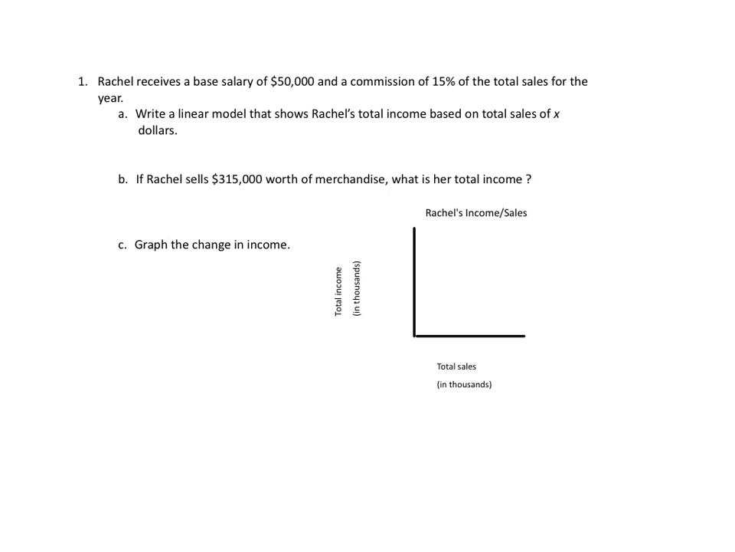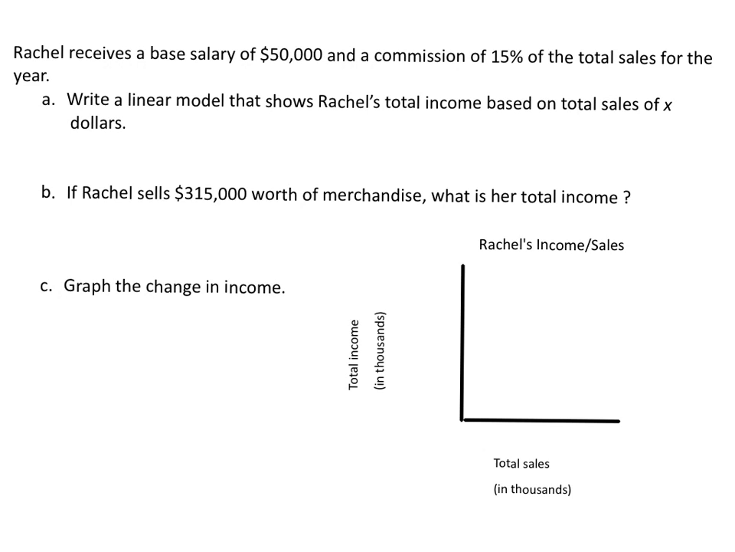So let's look here with our equation. We have that she earns a base salary of $50,000, so that's what she receives no matter what. Then she receives a commission of 15% of the total sales. So that means of the total amount of sales that she sells, she earns 15% of that. So for a linear model, I'm going to write y equals, now she earns 15% of the total sales of